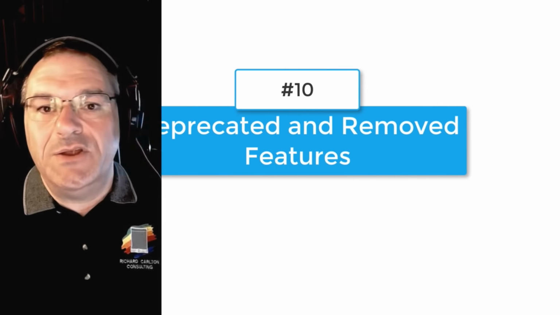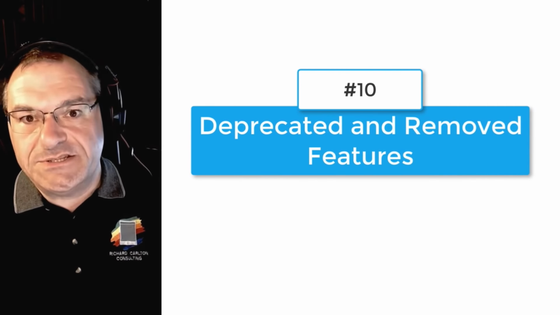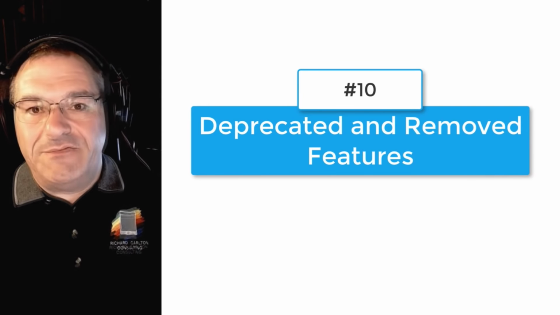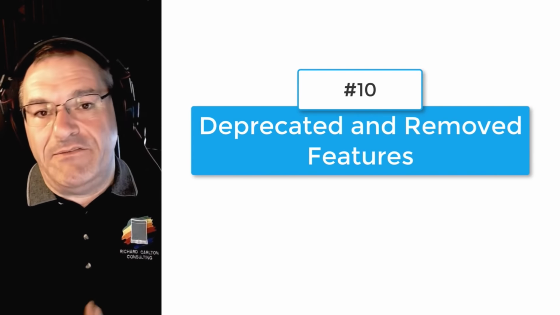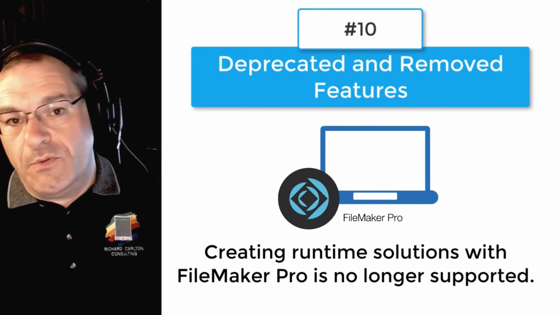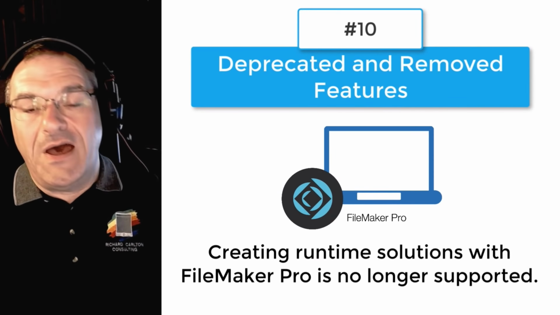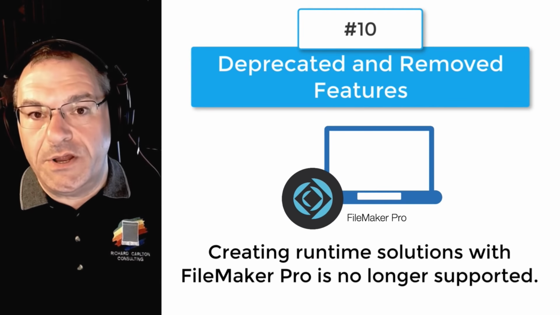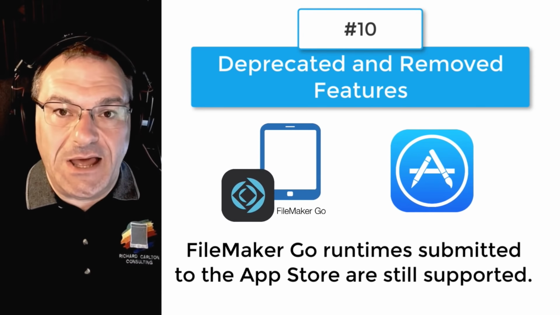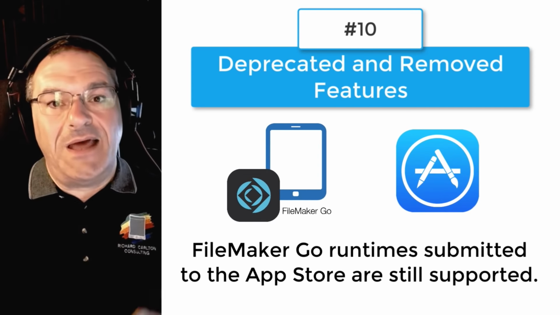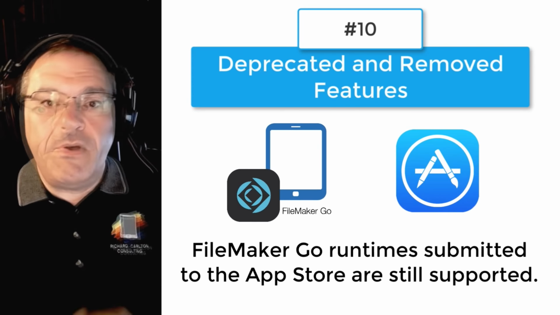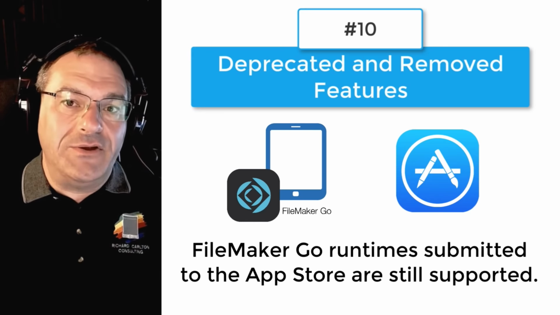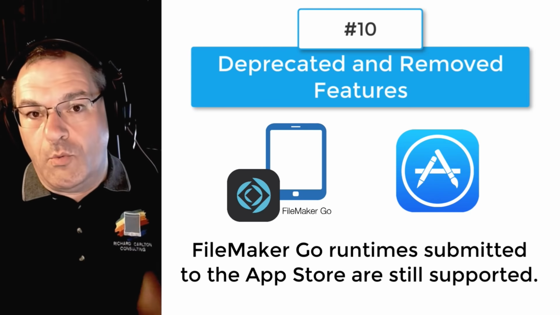Now, the last thing you need to know about with the FileMaker 19 release is that there are some deprecated features and features that have been removed. And most of these features are not in heavy use. For example, creating runtimes in the FileMaker platform with FileMaker Pro is no longer supported. If you want to create a runtime for FileMaker Go and submit that to the Apple Store, that is definitely supported and still available. But creating a runtime out of FileMaker 19 that runs on Mac or Windows is no